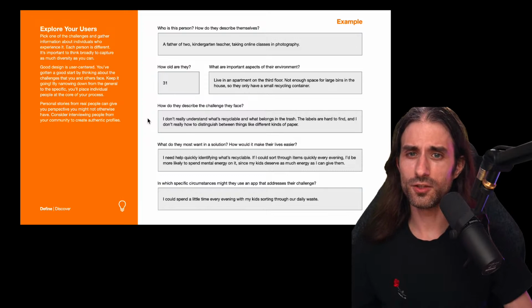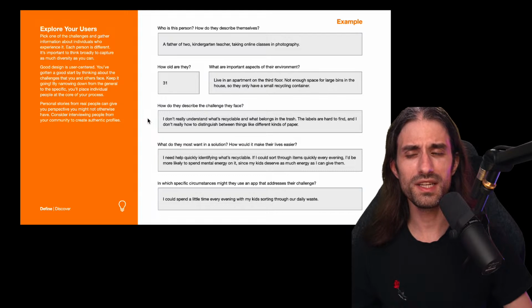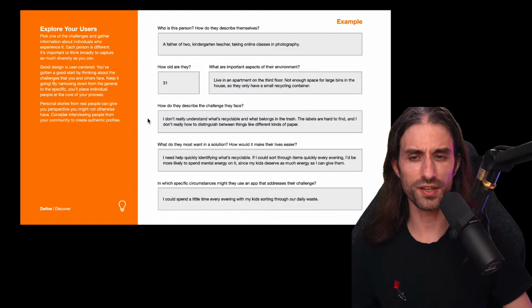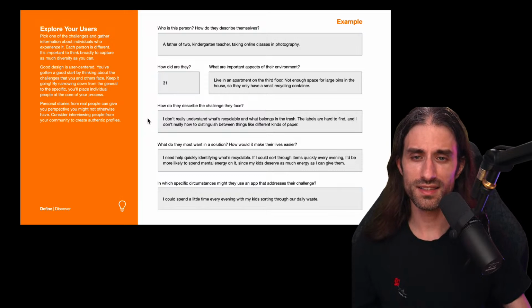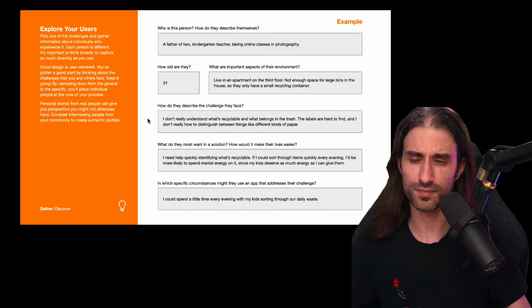Okay, then there is the part about exploring your users. So also what can be called building, not really building a persona, because a persona comes after. A persona is the idea of having this ideal user. Here it's about interviewing real people in the real world, and asking them questions in order to understand the challenge that they face and how you can help them solve these challenges.